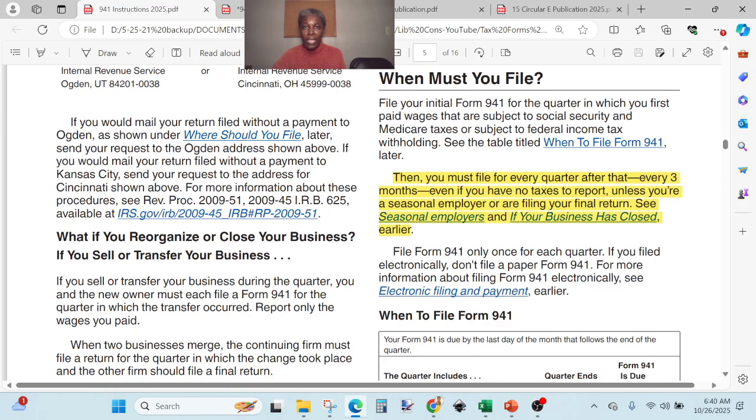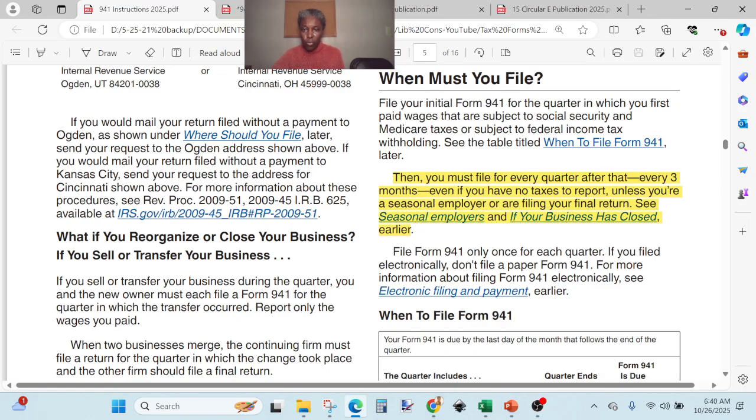Therefore, you are an employee, but you are not collecting any wages. You'll file a zero tax Form 941. But again, you have those instructions just in case you were not required to file it to begin with because you didn't think you'd have employees when you were applying for your EIN, and all of a sudden you start hiring people. As soon as you start paying people, by default you will be filing this form and you should be making